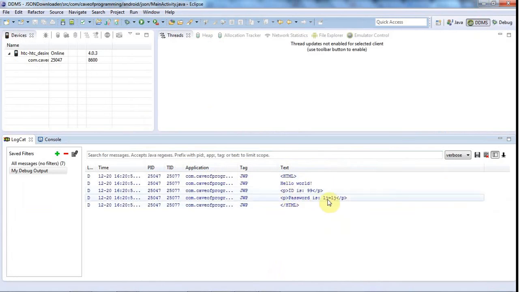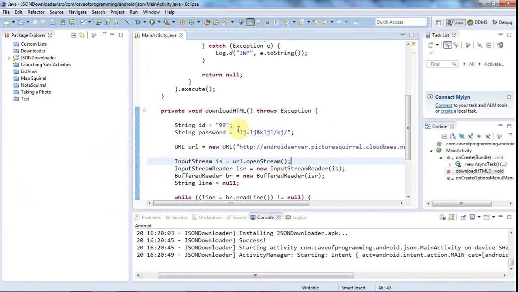So it says password is LJ equals LJ, but if I go back to Java, that's not the password I supplied. And actually what's happening in this case is it's interpreting the ampersand here as the start of a new parameter, but there are so many ways that special characters like this could screw up your data that you're sending to a URL. So if you've got any kind of parameter value and it's got any kind of weird characters other than just numbers and letters, you need to escape those,